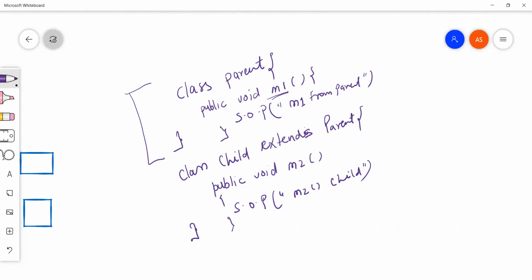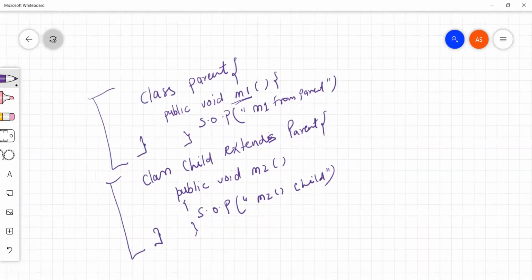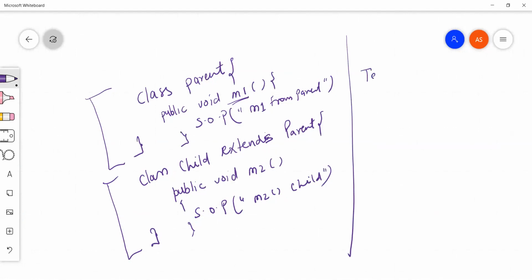We have two classes like this. And let's assume we have another class, Test or Demo. In this class we have a main method, with public static void main and String args.